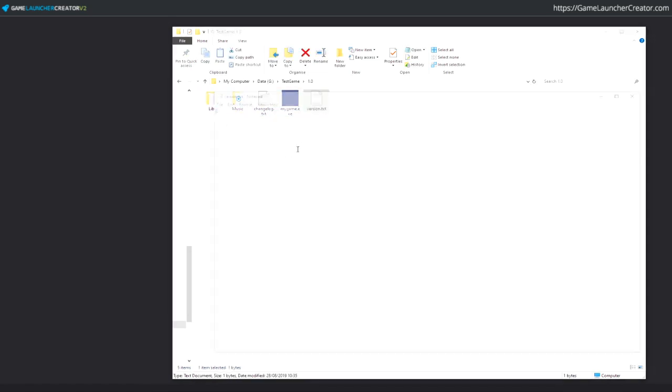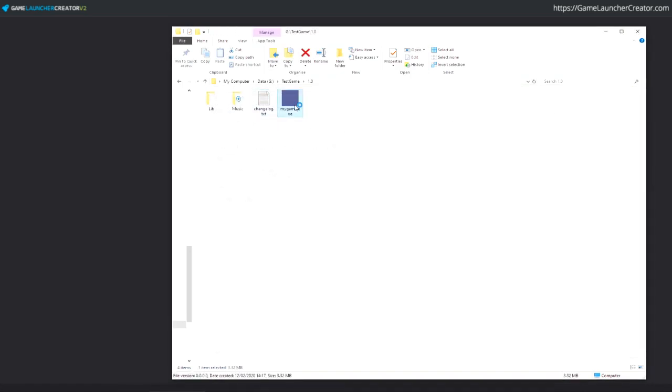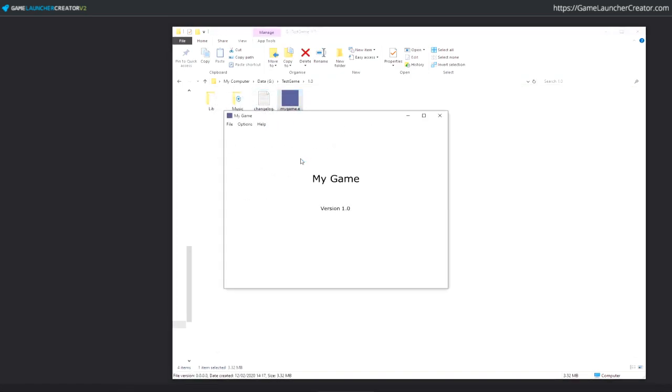Now you can see there's a version text file in here that says 1. That's just a preset thing that I already did, so I'm going to delete that for now. As you can see, I've got my game executable here, a library folder, and a music folder. It's got a dummy MP3 file in it. And then a change log as well. So if I run my game, you'll see